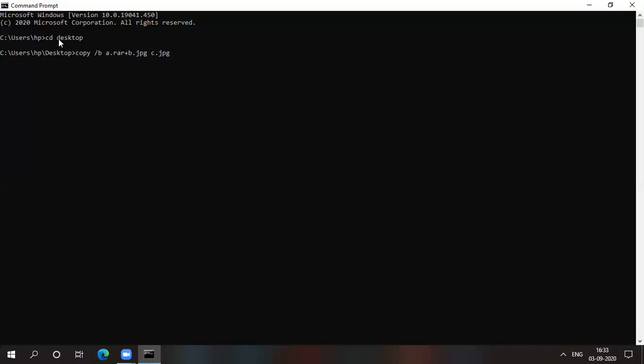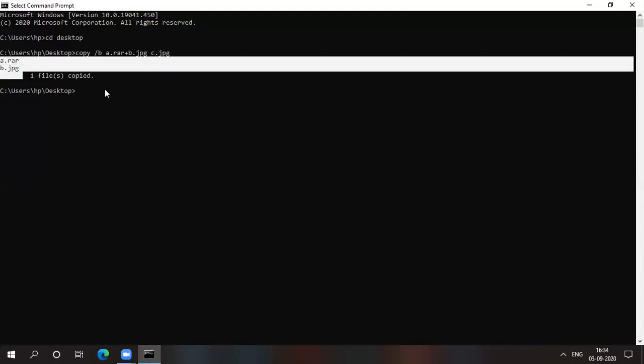Okay, b stands for binary, because our laptop or computer only understands the binary language, that is 0 and 1. So enter. So you can clearly see here our rar and jpg file are copied.